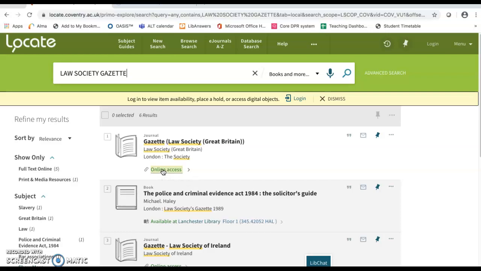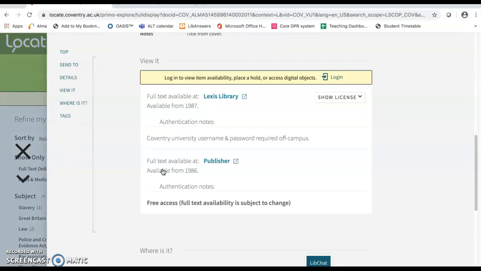If I click on Online Access, I get two options. I can either link to the Law Society Gazette on Lexis Library or on the publisher. I can choose either. The article was from 2019, so it should be available on both services.